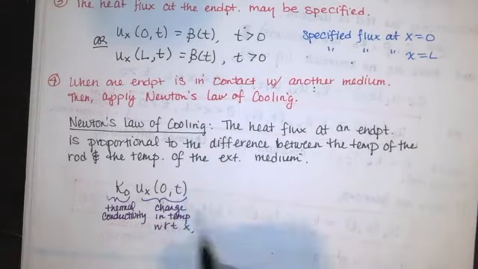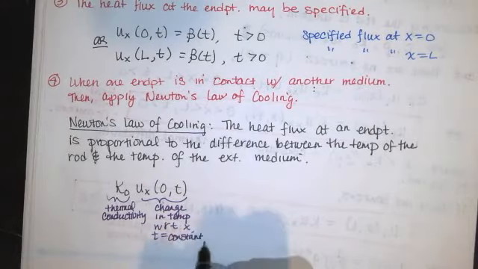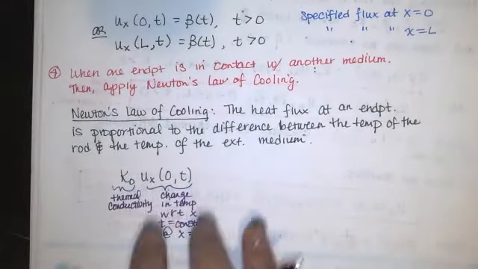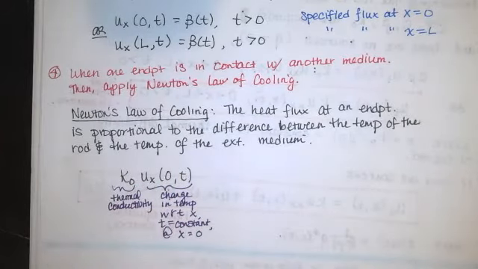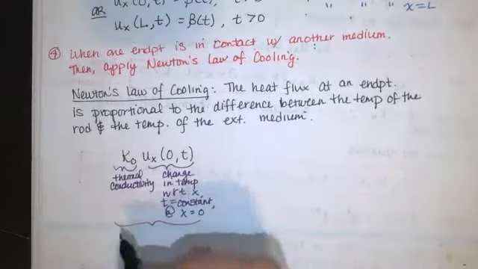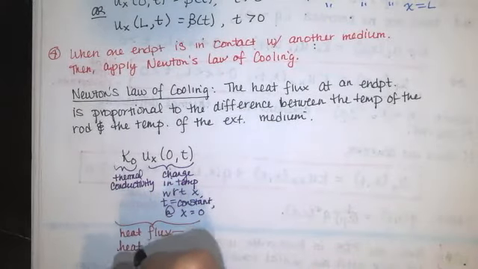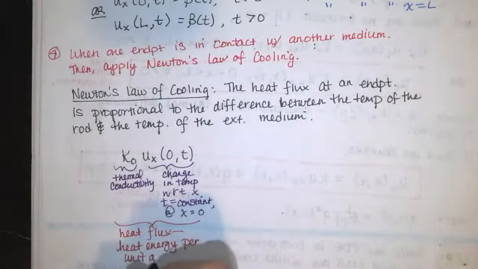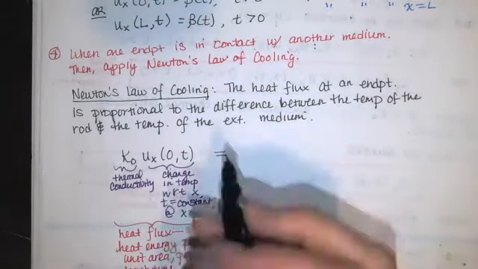So that's change in temp with respect to x, holding t constant, but we're interested in that change in temp with respect to x holding t constant at a particular x value, saying at x equals 0. What does that flux look like as a function of time? And that's, again, heat flux, which is heat energy per unit area per unit time. Newton's law of cooling says that that is proportional to